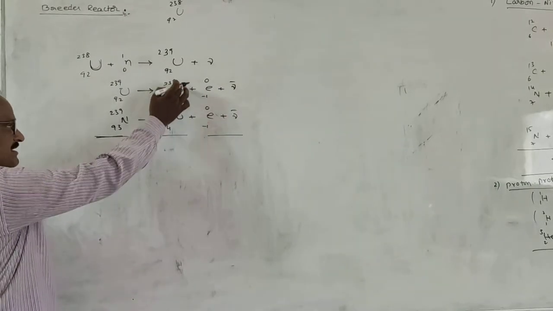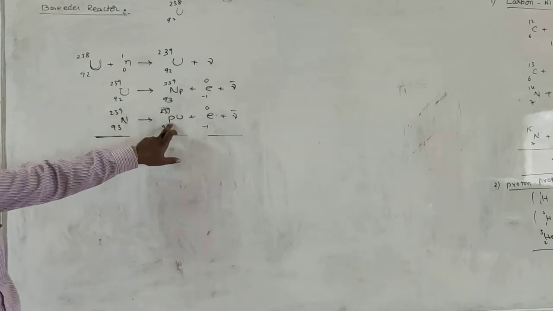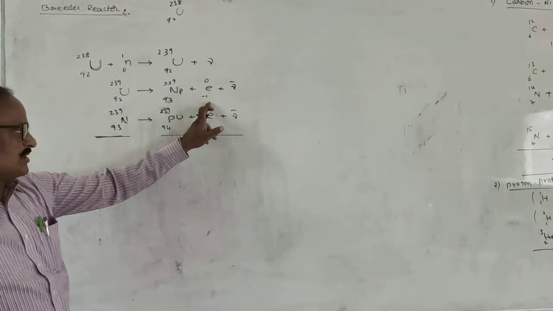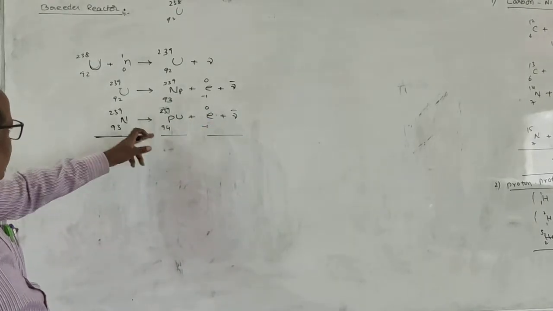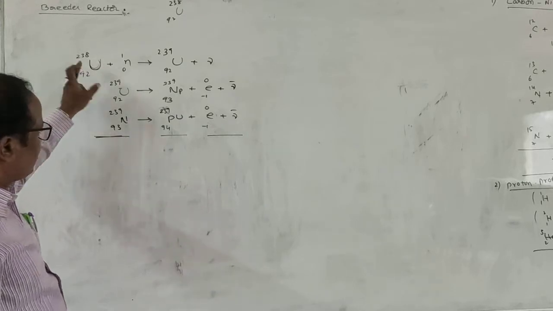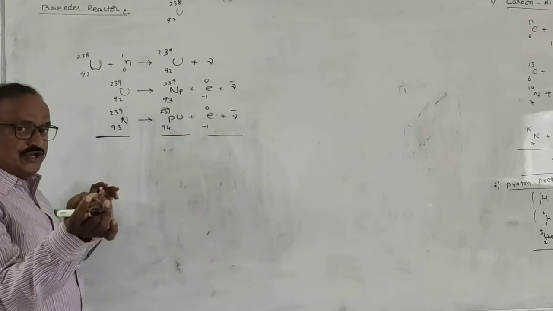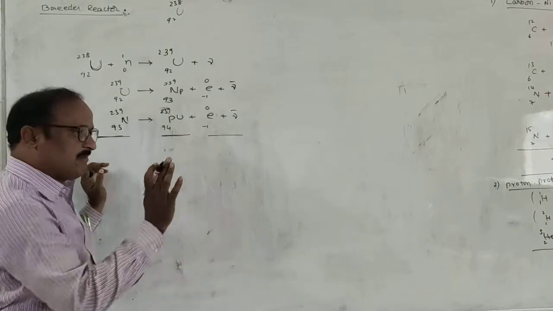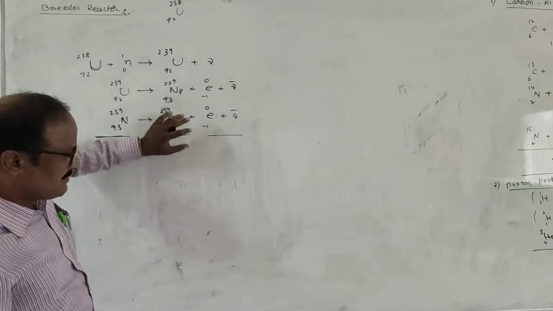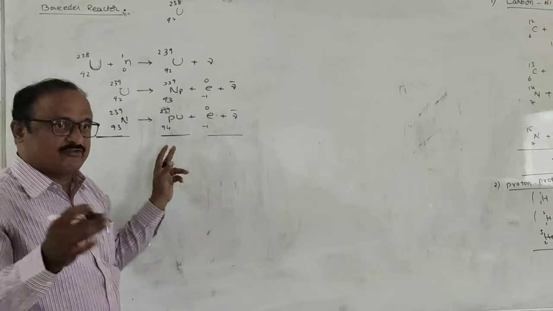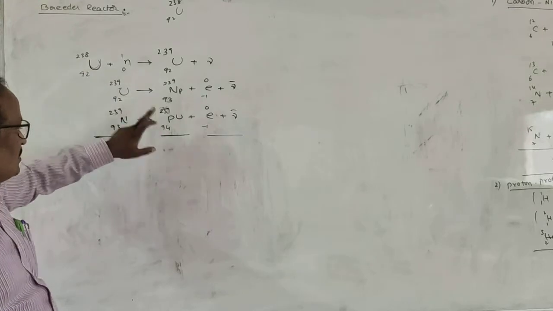Again, neptunium-239 is also very unstable. It will split up into plutonium-239 plus emits one more electron and also anti-neutrino. That means, finally, uranium-238 will convert into plutonium. But here, the nuclear reactive properties of the plutonium will be very similar to uranium-235. That means, here the plutonium produced is also taken as fuel inside the nuclear reactor. So, one uranium-238 converts into plutonium.